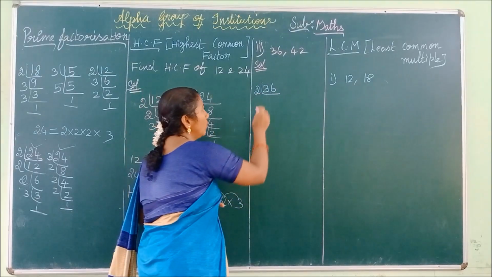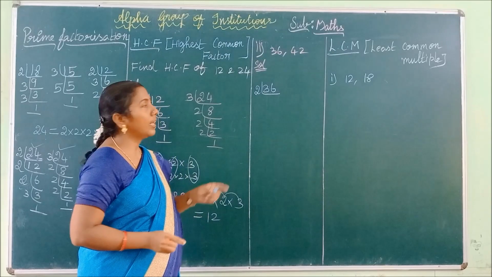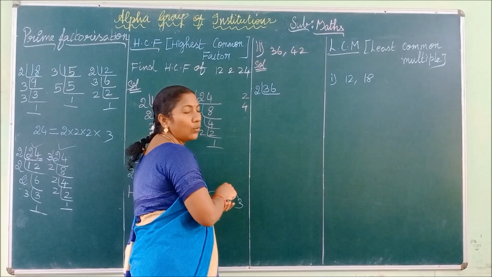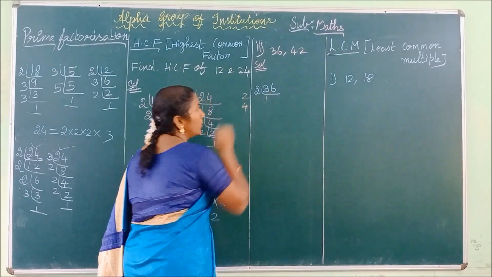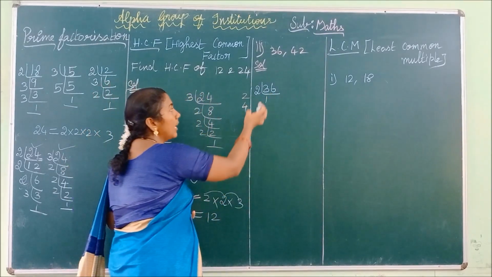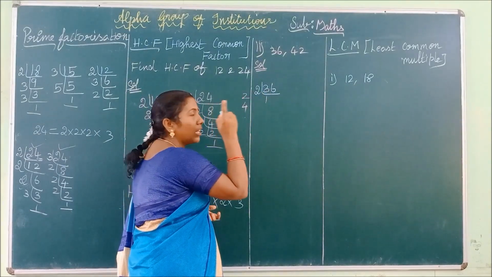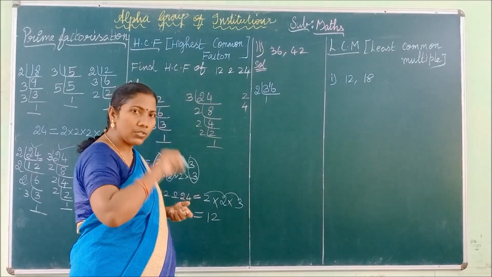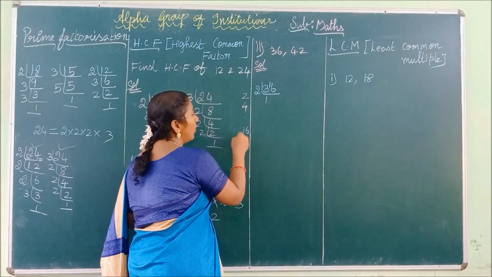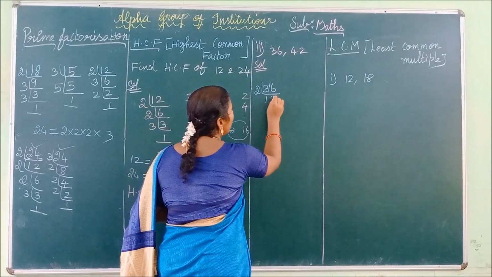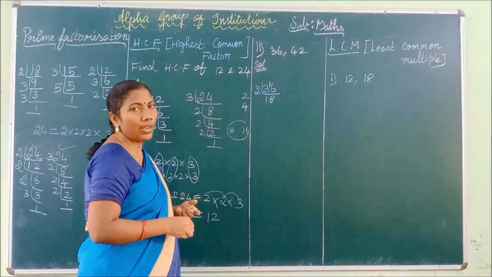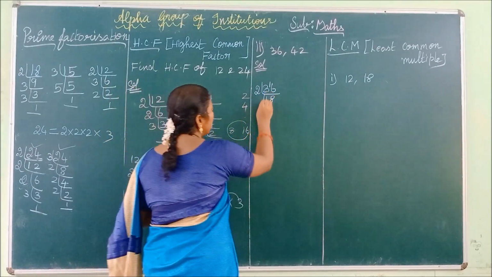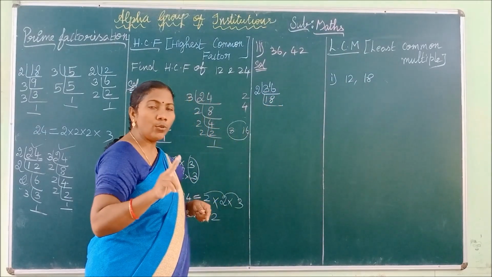Okay. First we are going to check how 3 comes in the 2 table. We can't take 3 in the 2 table as the answer. So 1 2 is 2, 2 2s are 4. So here you have to write 1. 1 2 is 2. If you subtract 2 from 3, you get 1 as remainder. You have to write the remainder here in front of 6. Thus the 6 becomes 16. So how many times does 16 come in the 2 table? 8 times. So 8 2s are 16. Do you understand, children, how we are writing 18 here? Okay. Next see this number 18. It is divisible by 2 as well as 3.